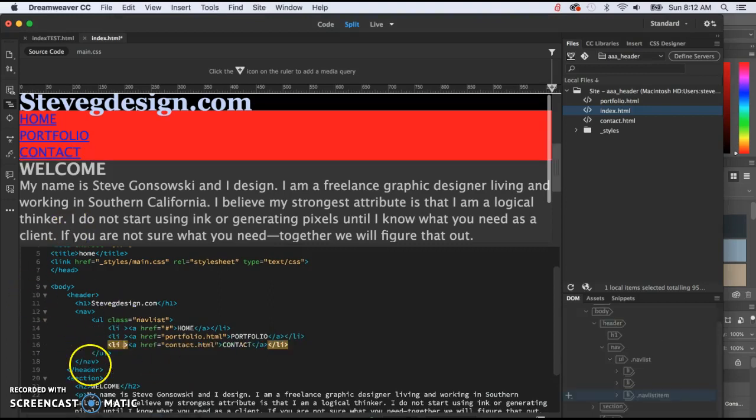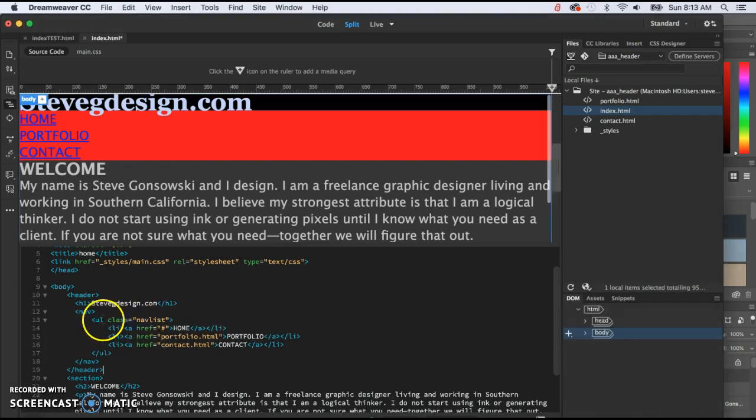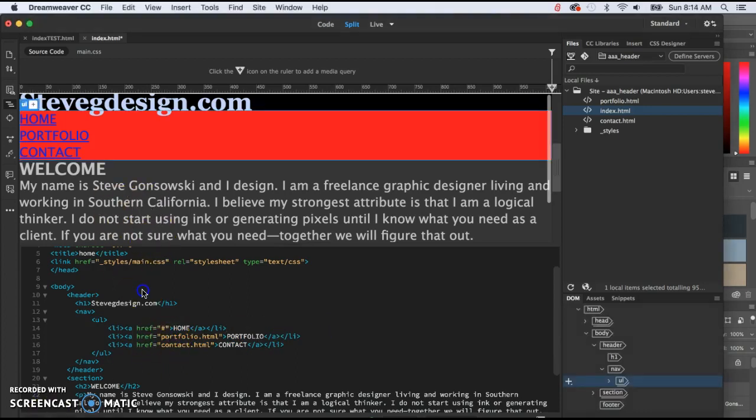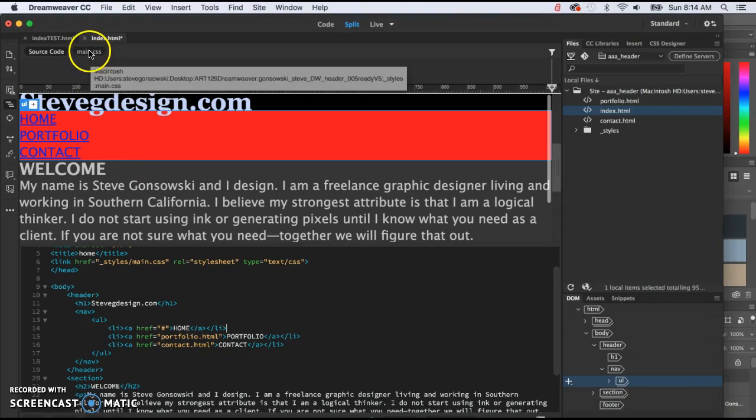Okay, so that's the third and final one removed. And then let's just clean up the code a little bit here, get rid of these spaces, and we'll get rid of the class that applies to the UL right here. And then now would be a good time to freeze and just make sure that all of this looks similar to mine. Now we need to switch over to the CSS